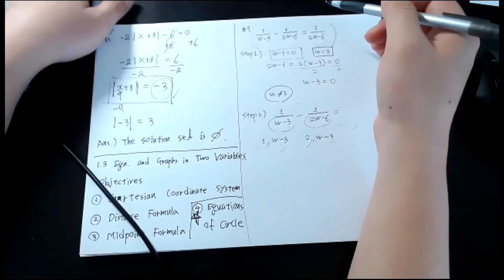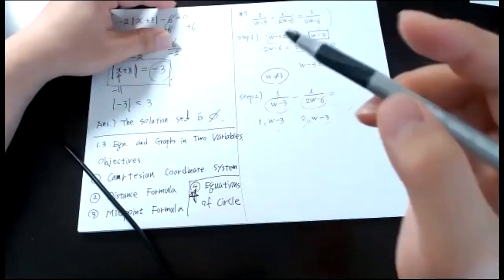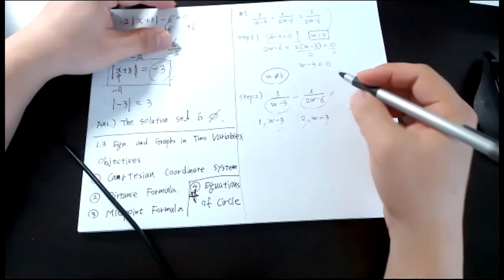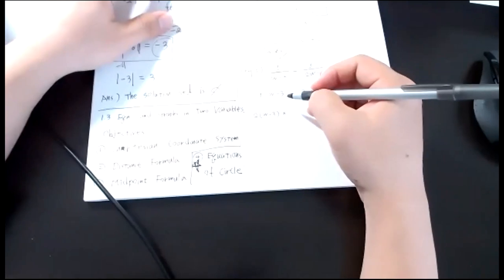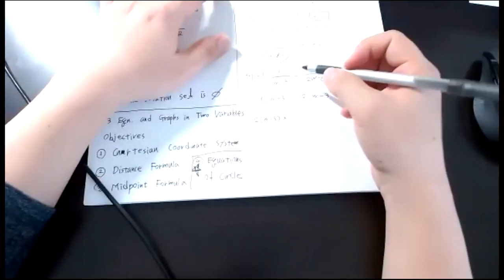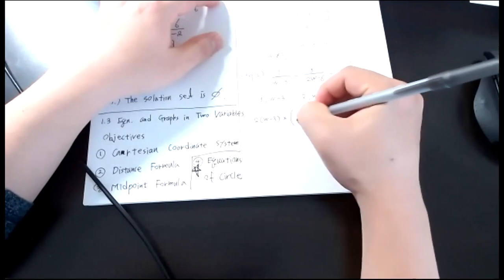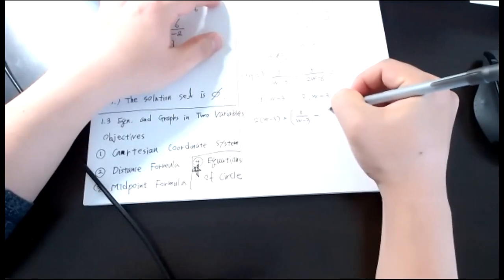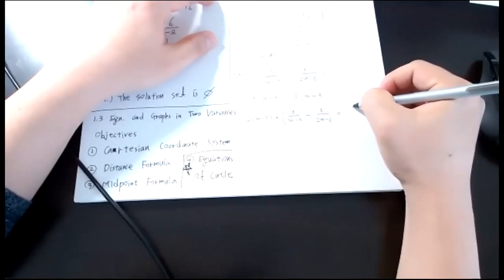That's one of the ways, but I'm going to multiply every single term by the LCD, which is 2 times w minus 3. So 2 times w minus 3 times 1 over w minus 3 minus 1 over 2w minus 6 is equal to,